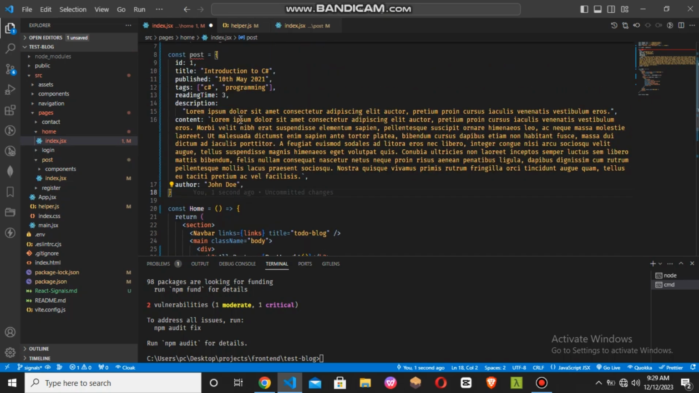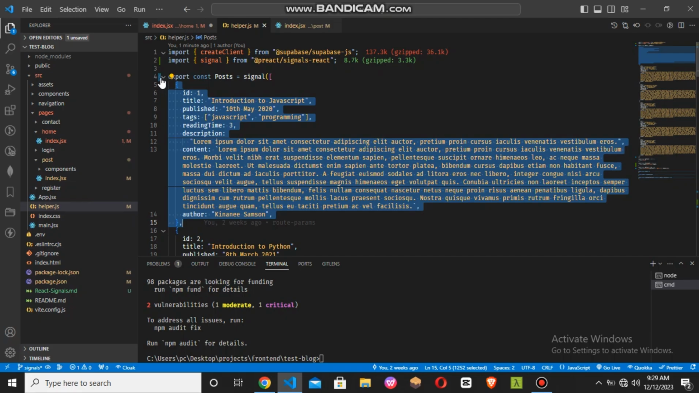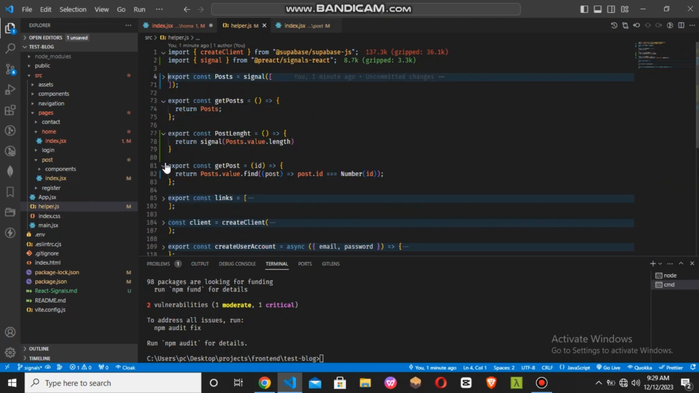So let me go ahead and create a function for adding that. But first of all, before we do that, we need to go back into our helper file and define a helper function that's going to allow us to modify this post array to add a new post inside. So I'm going to go ahead and create a new function, and this